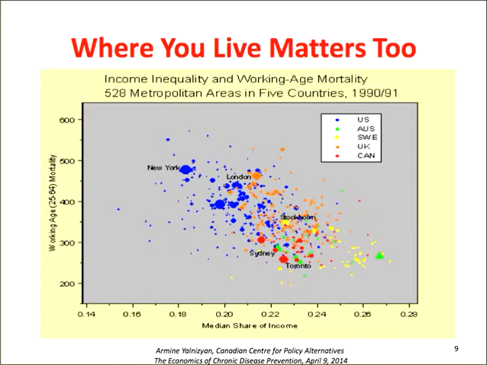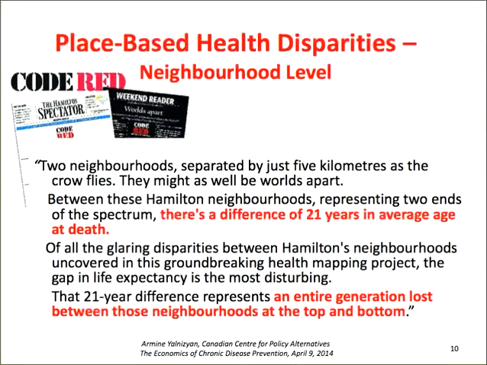And since 1990, Canada's inequality has grown at one of the fastest rates in the OECD. In fact, it is the second fastest rate of growth in the OECD, Sweden being the first, and Sweden fell from the first most equal to the third most equal. But we went from above average to below average inequality. So we have got a real problem. But it's not just what city you live in, it depends on what neighborhood you live in. There's a great report that was done by the Hamilton Spectator using census-based data showing, it was called Code Red, and it showed that there was a difference of 21 years in average life expectancy between the richest and poorest neighborhoods. And they described it as an entire generation lost between these neighborhoods, between the top and the bottom.